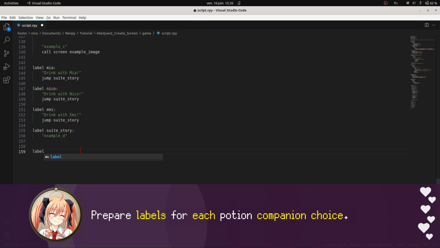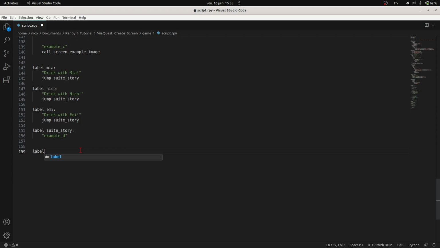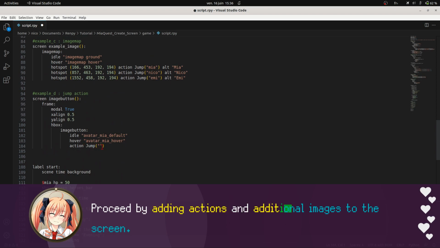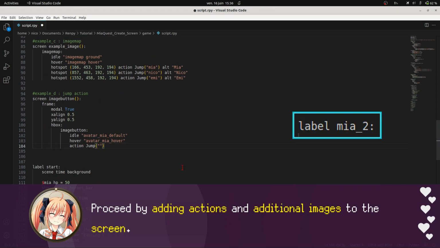Prepare labels for each potion companion choice. Proceed by adding actions and additional images to the screen.